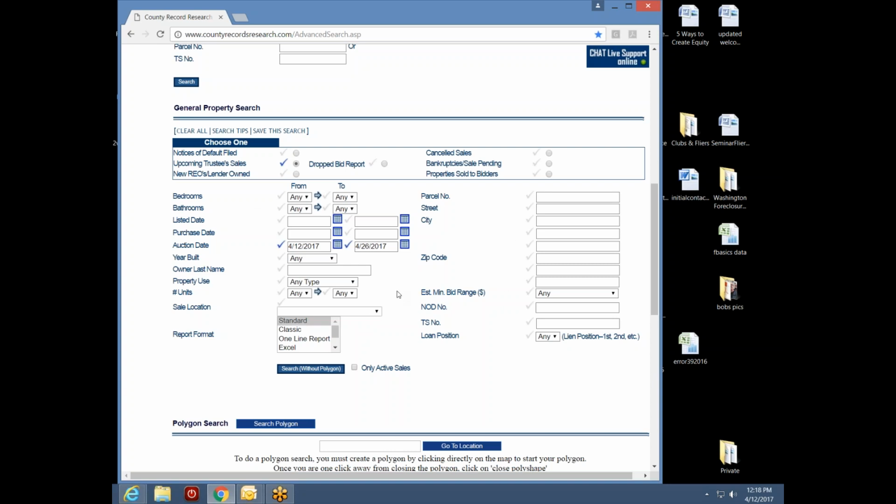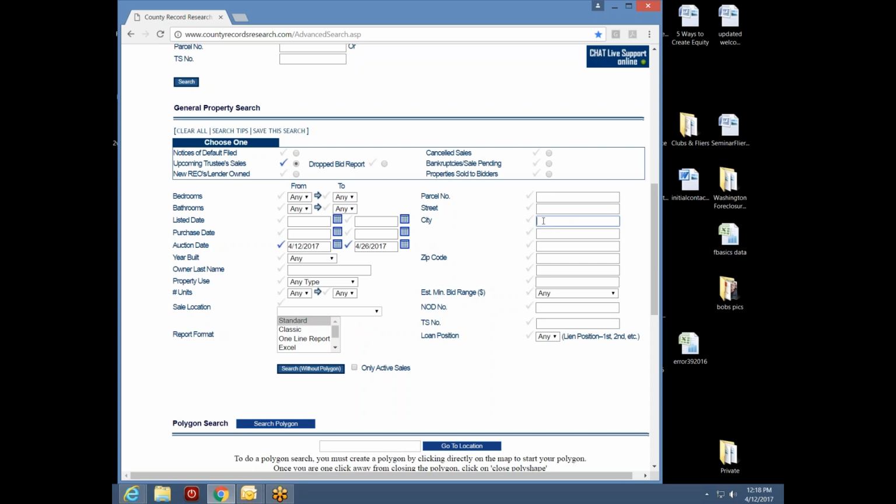Now, that being said, if you're working for a client or if you have a specific target in mind, then by all means use that specific terminology to match that function. If I only want to buy properties that are in the city of El Cajon, then I would put El Cajon in this box here. Now notice, once I put my city name in that box, the blue check mark becomes highlighted. If I want to get rid of that city, I can click the check mark and erase it.